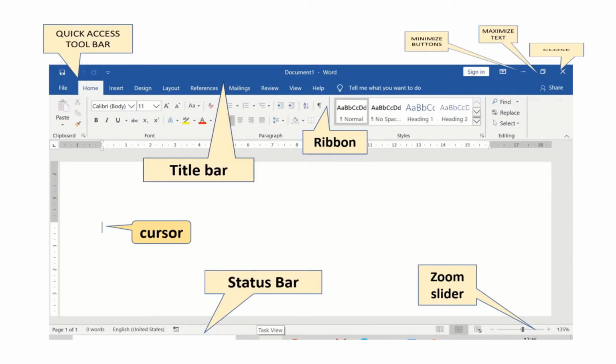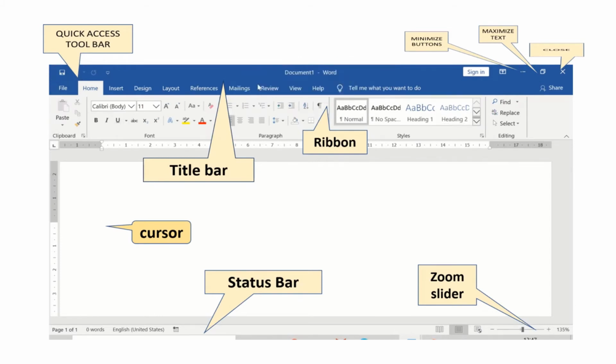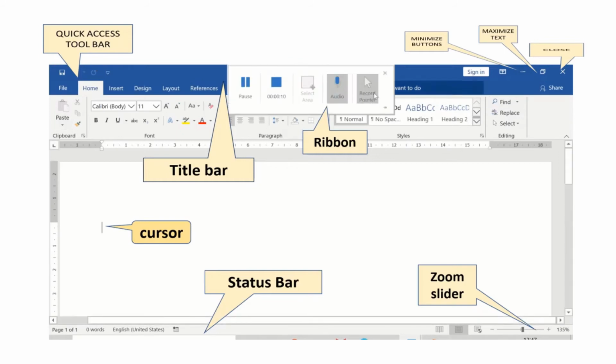You can see the File tab, Home tab, Insert, Design. Now the Home tab is open, and you can see the ribbon of the Home tab is also open. So whenever you click any of the tabs, the ribbon of that particular tab will open in front of you.